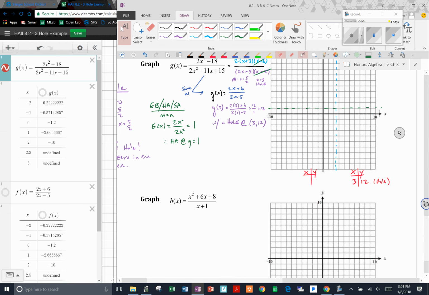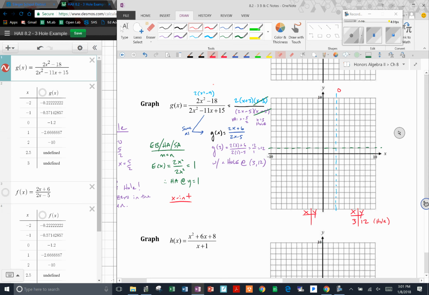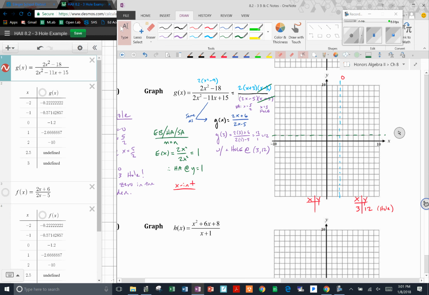Right, the only other things that we can put on here are the x and y intercepts. X-intercepts come from setting the numerator equal to 0. Well, we've already factored it right there, actually completely factored it. Where you have to be careful is this: the only factor that's going to give us an x-intercept is that x plus 3. The x minus 3 got removed. That's that hole. So the only thing we're actually interested in is x plus 3 equals 0, which